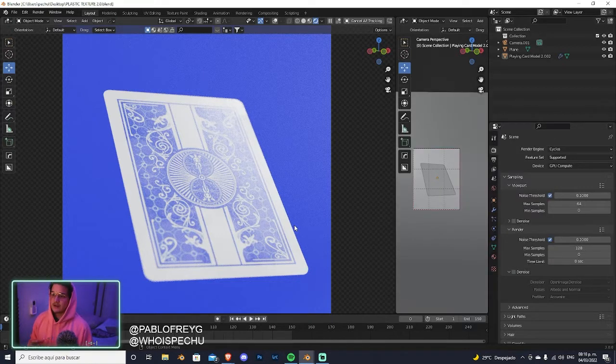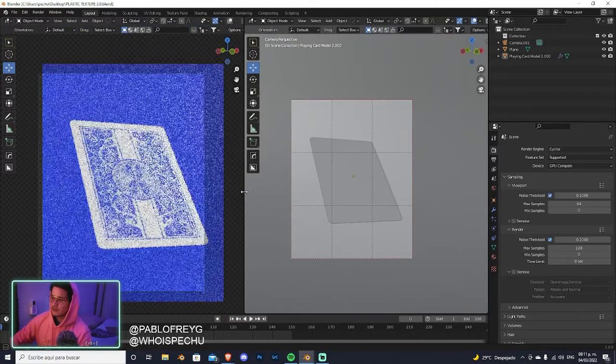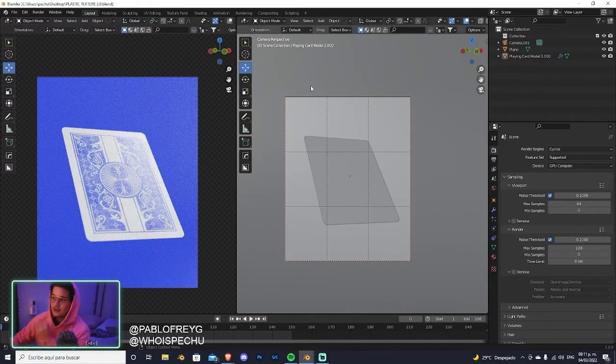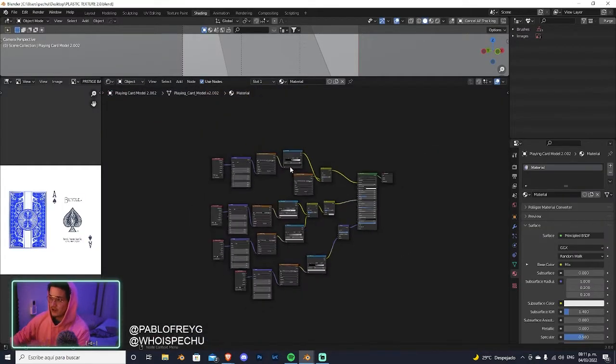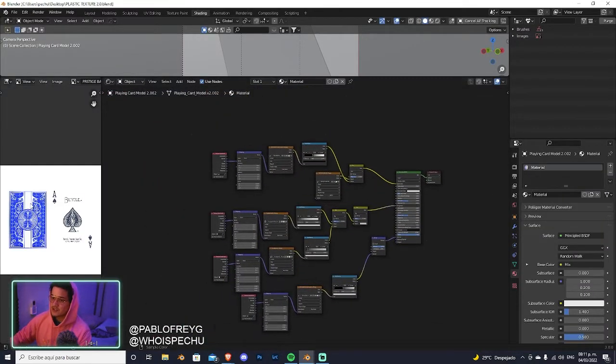It's a very plasticky finish that gets a lot of dust, a lot of smudges, and a lot of scratches. You can see it looks really good. It looks so freaking beautiful, and you can see that this is 100% a render. So I will show you how to create all this from scratch, and